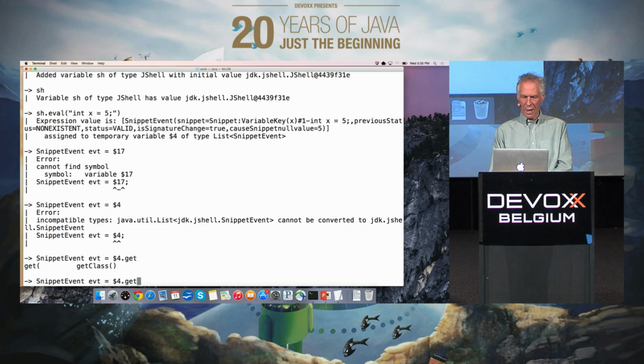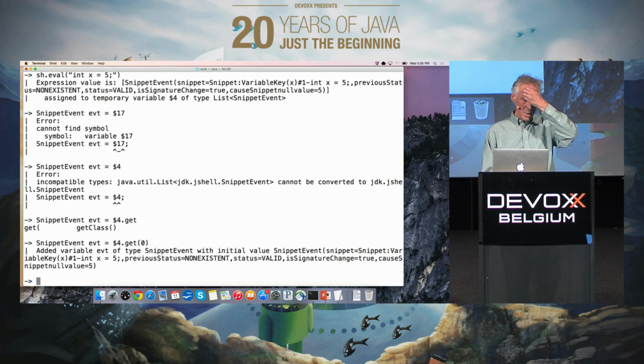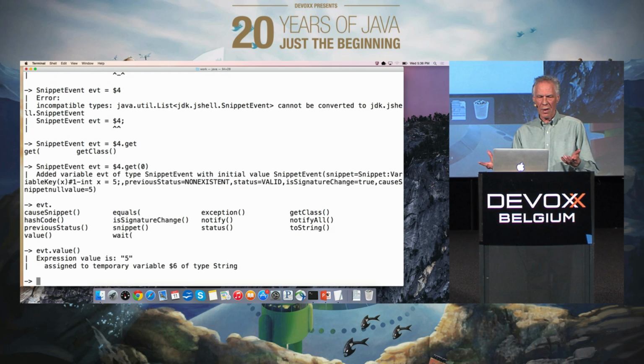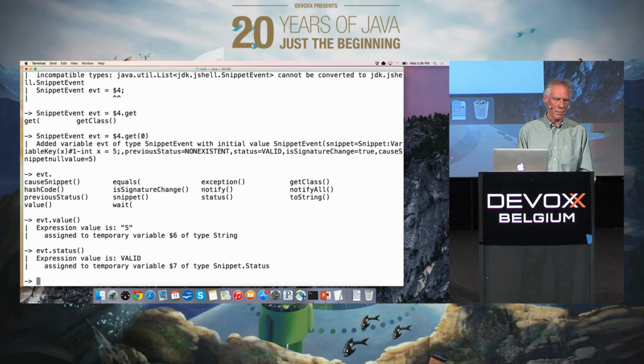But okay, what it would have done there was tell me it's a list. So let's just cheat and get the first element of the list. Now I have a snippet event there. And I can see what things I can do on a snippet event. I can ask for its causing snippet, its value, what the snippet is, an exception, the status, previous status, all kinds of cool things. So let's say we want the value. The value of that is 5, because we've set x to 5. We can look at what the status is. It's a valid snippet, and so forth. I could do more there, but